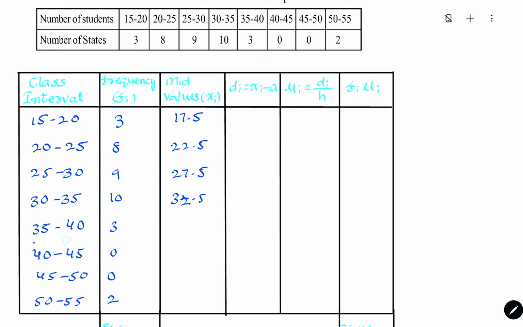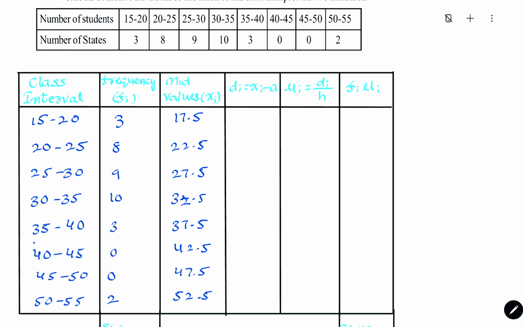Here 35 to 40, 75 by 2, 37.5. 40 plus 45, 85, 85 by 2 is 42.5. Here 45 plus 50, 47.5. 50 plus 55, 105 by 2,